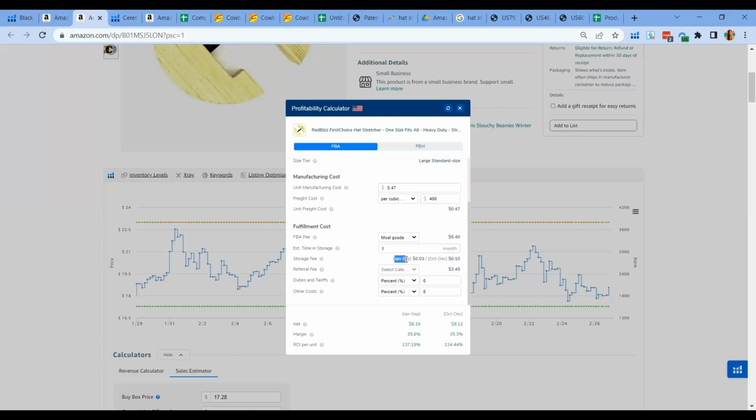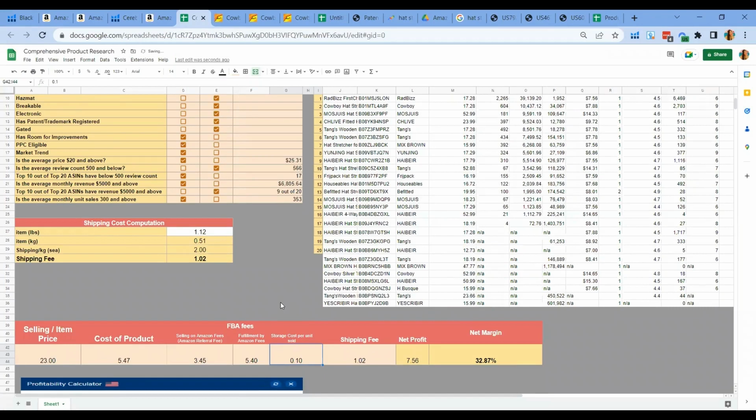So it will really help you plan when to send out your products to the Amazon warehouse and adjust your product cost accordingly with regards to the different seasons or different months that you're going to store your products in the Amazon warehouse. So this is really a good thing to know. So we are going to be prudent and use the biggest cost, which is 0.10 or 10 cents.